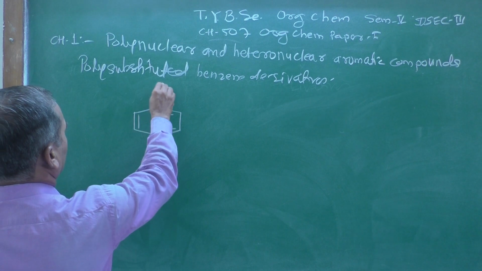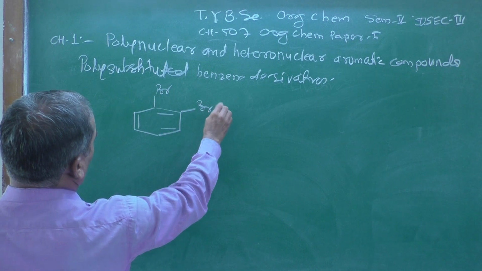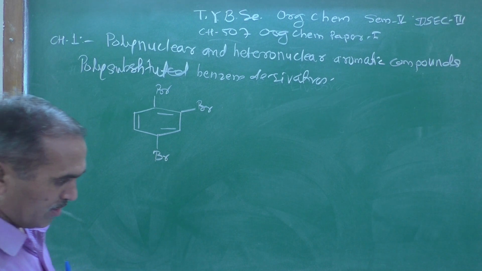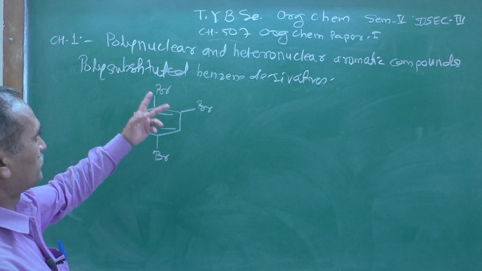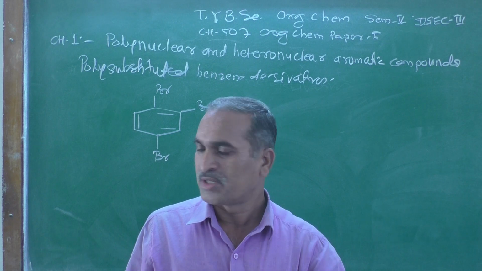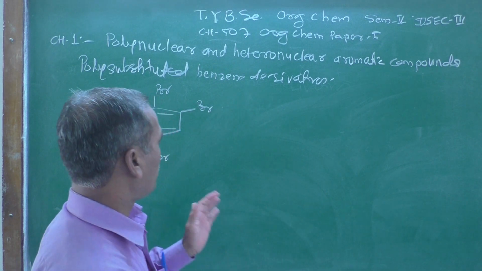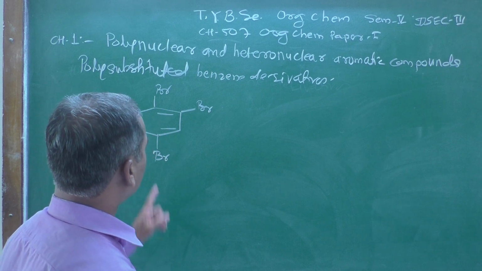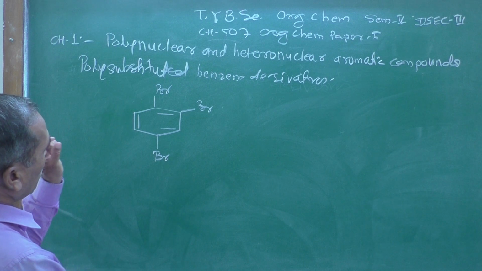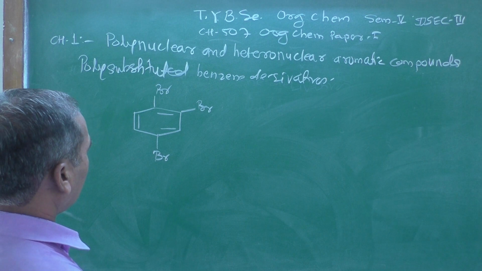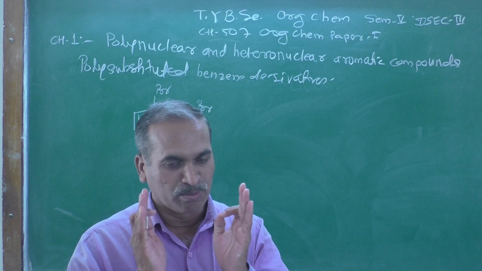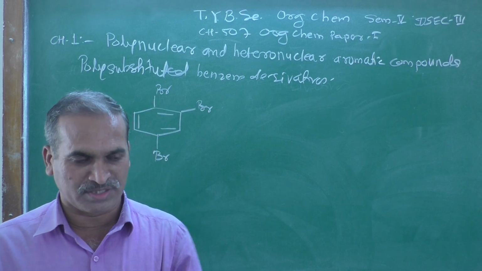You can observe the structure carefully. One Br here, another Br here, and one more Br at this position. Now if more than two substituents are present on the benzene ring, it is termed polysubstituted benzene. So it is one of the structures. Now when you have such a polysubstituted benzene, you must follow the numbering system,